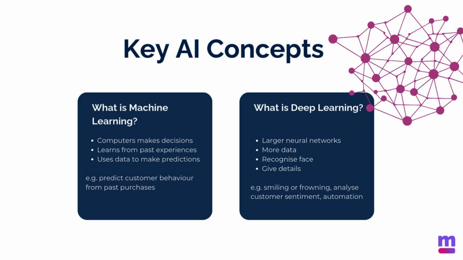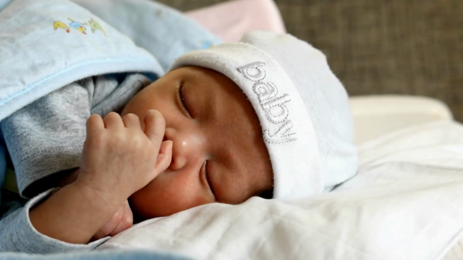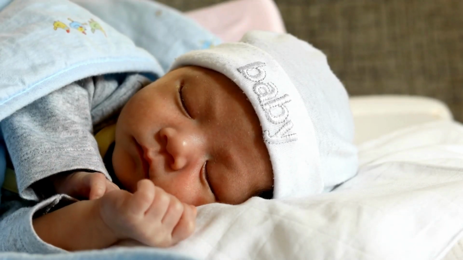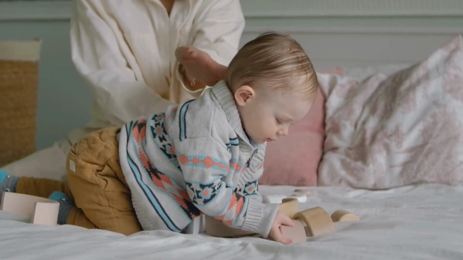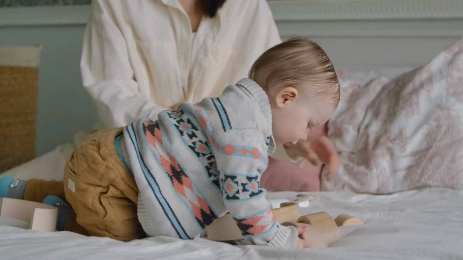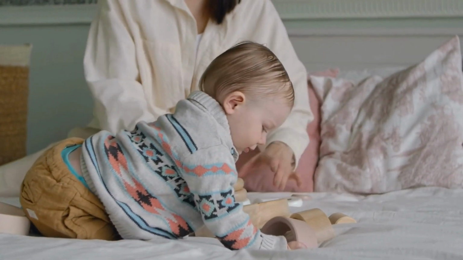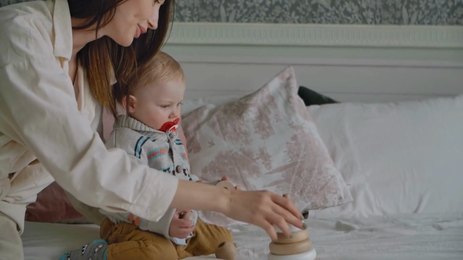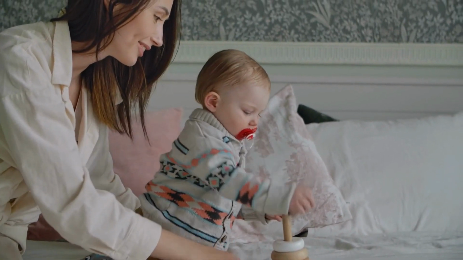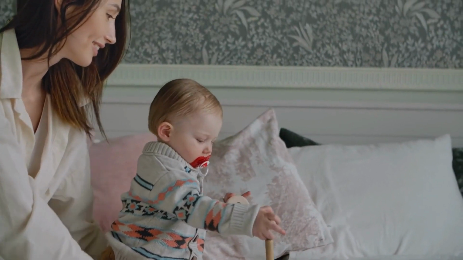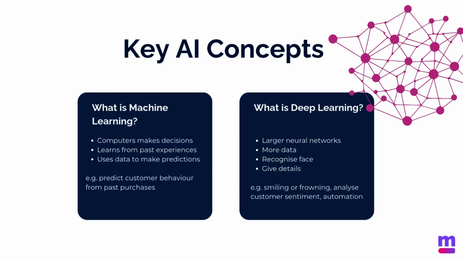So they're learning from your past behavior. And also think about a baby, right? A baby has no knowledge. What happens is they learn from their experiences, and their experiences teach them how to act in future scenarios. So they're learning and then applying that knowledge. And that's essentially what machine learning is doing. The machine is learning from past information to apply it to present and future.